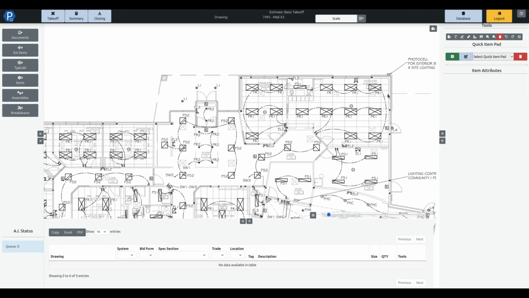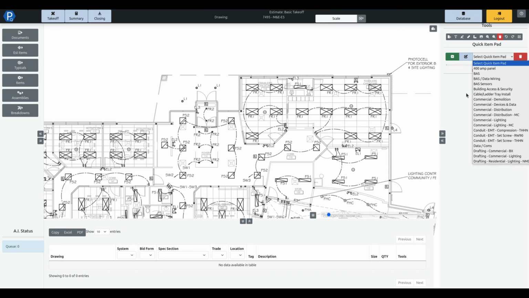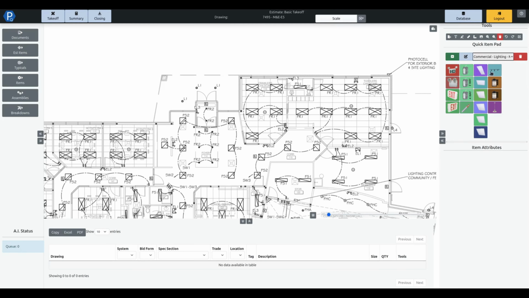Taking off lighting. Simple, quick, different ways of taking off lighting. There are a number of different ways of doing this, depending on the final result that you're looking to achieve. Number one here, quick item pads. So if I've got my various different quick item pads here, I can select the one that applies to my